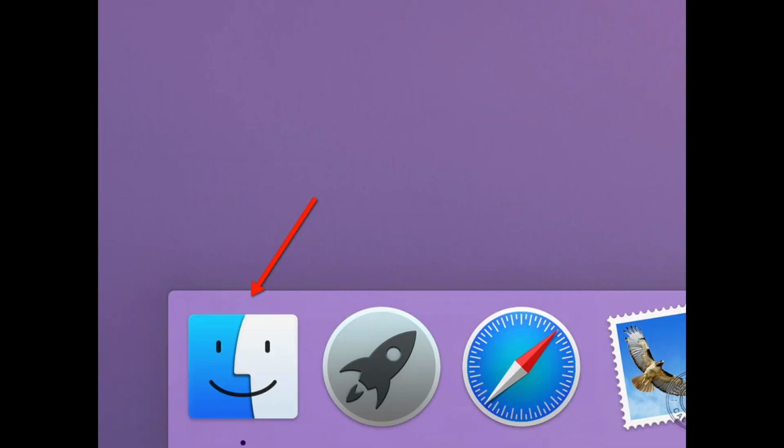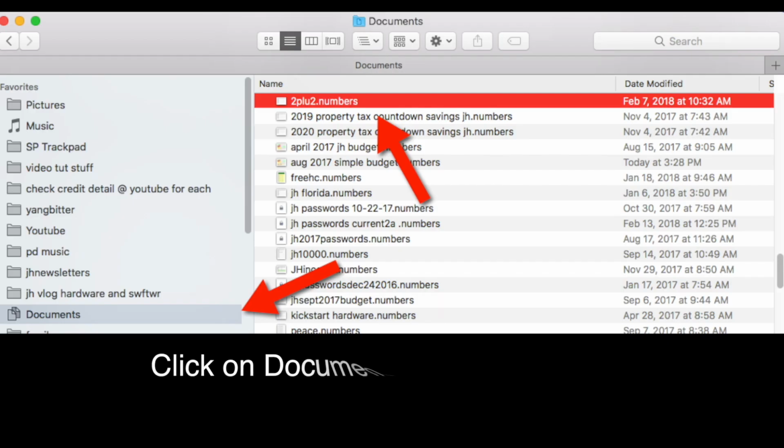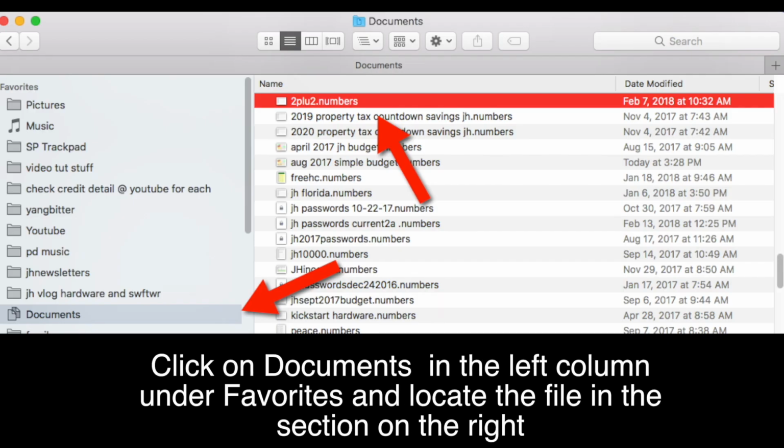Okay, or you could just, instead of using the Finder to save as within your Word program or some application, just launch the Finder. If you already have the file saved somewhere, in Documents in this case, I'll open the Finder, click on Documents on the left, and there's the file. Might not be right at the top, but it is here. Okay, I could just drag that file